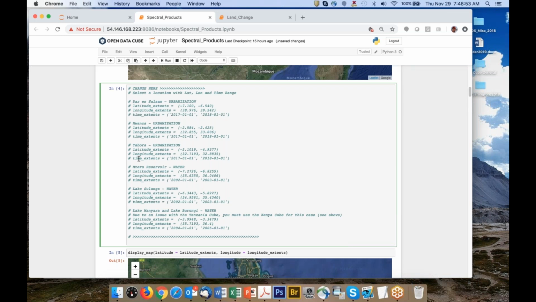I'm going to do a water analysis over the Matera Reservoir. I'm going to change the latitude and longitude for the Matera Reservoir, and I'm going to start with 2002 to 2003. So this is year 2002, Matera Reservoir. Now, I think it was